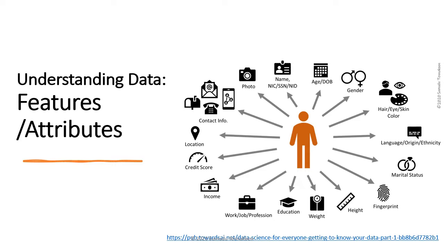Thus we call them features or attributes. In machine learning, those are very important for us to handle while we are preparing the data, because those are the essential things that will be fed into your machine learning model. We will discuss the different types of features and how they are used in machine learning models. But with this picture I wanted to give the idea of what an attribute is and what a feature is. We will use these two words to describe the same thing. Depending on the source you are referring to, you will be hearing both. All right,